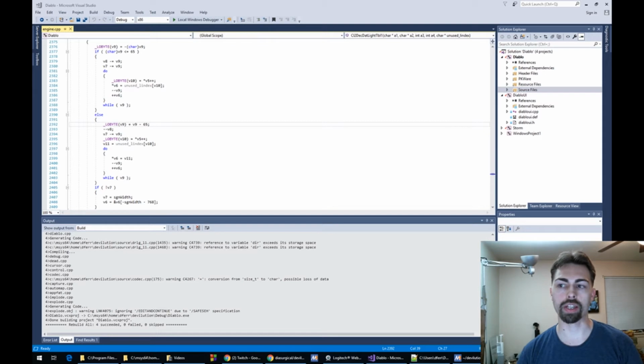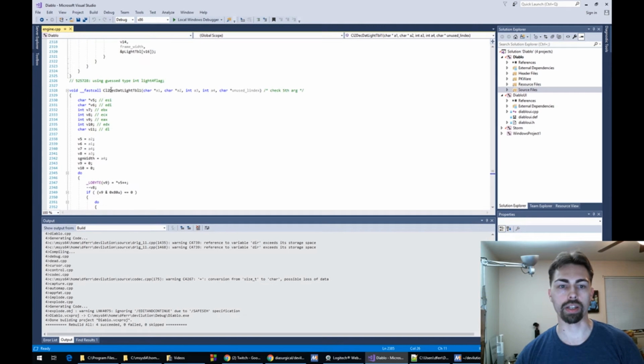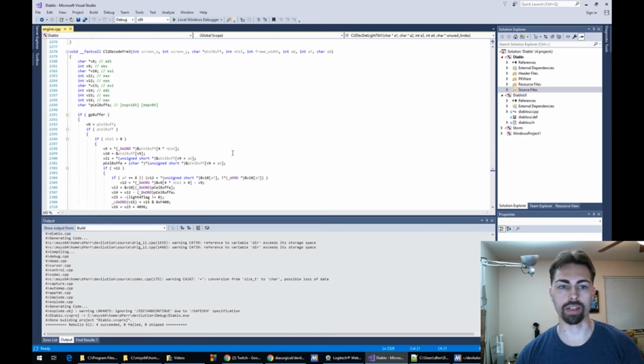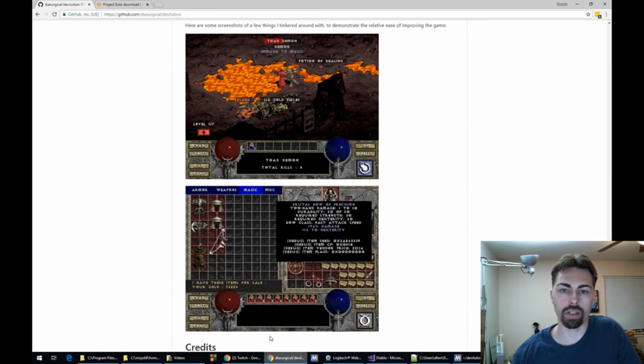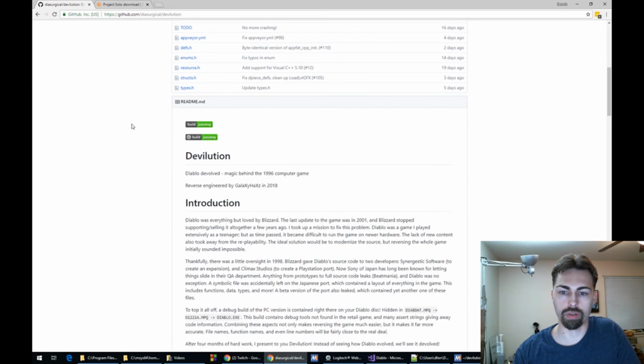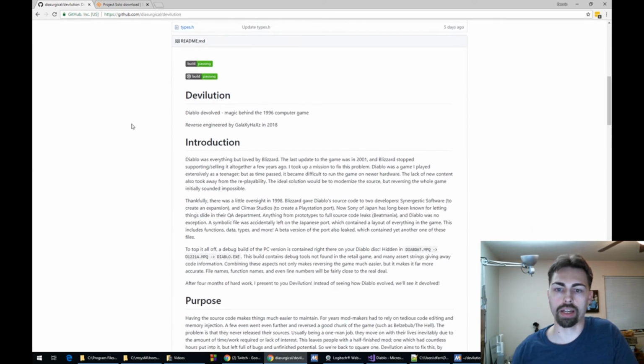What we've got for you tonight is a compilation of the classic computer game Diablo. This is reverse engineered source code, but what's really neat about it is that it has the actual variable names, or at least some of them. Looking at this code, I see that some of them look a little bit more like decompilation, but basically someone who is on GitHub as Diasurgical, and someone who he credits named Galaxy Hacks, reverse engineered the Diablo